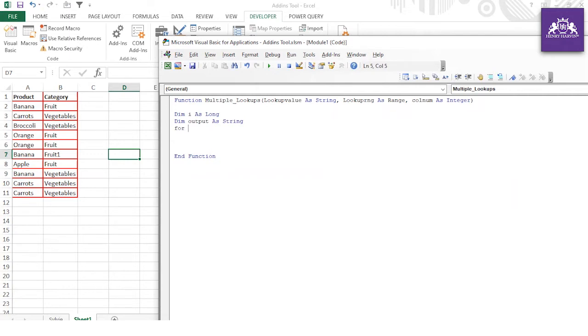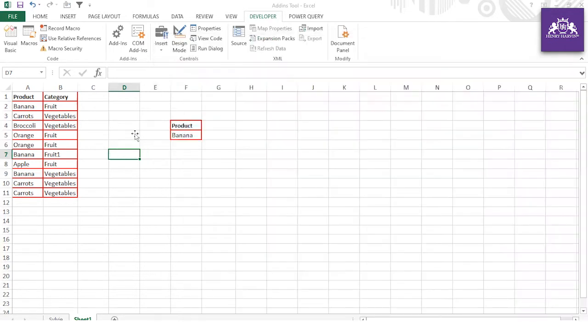Now For I equal to 1 to lookup RNG dot columns, or maybe cells dot count, Next I. Let me read this and find out what value this syntax has stored. Now we use multiple lookups with this.